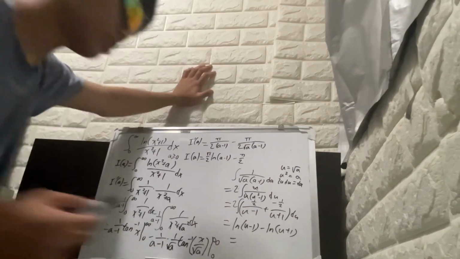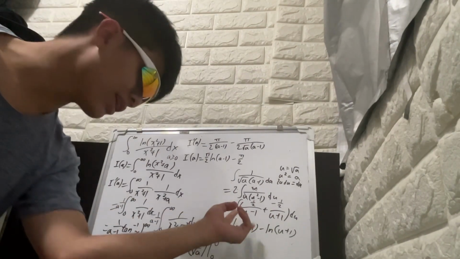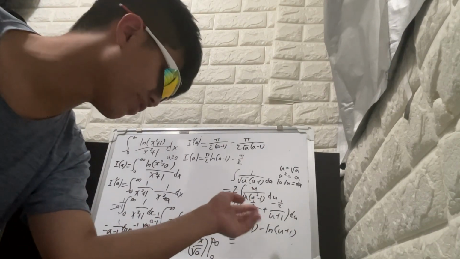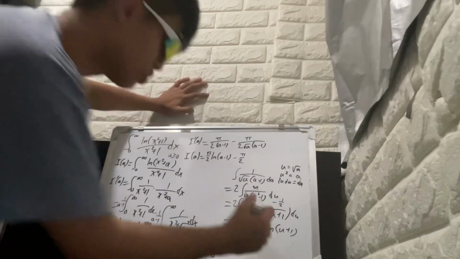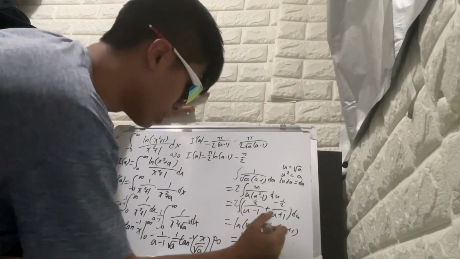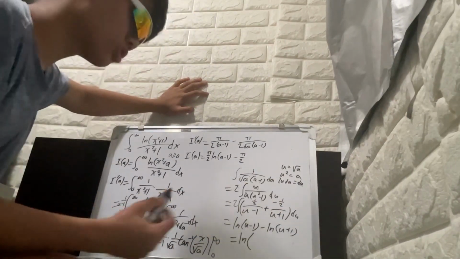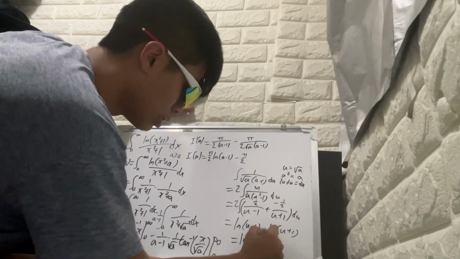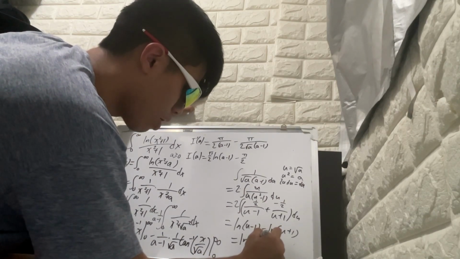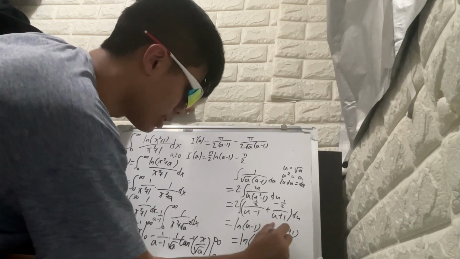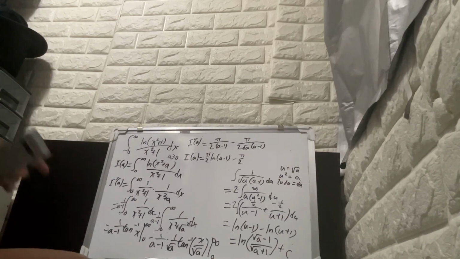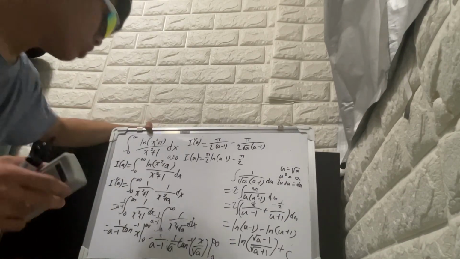And then you can just combine the logs, but this is the minus. ln of something minus ln of something, you pretty much just get ln of the quotient. And then our u is just the square root of a. Let me write it as the square root of a minus 1 divided by the square root of a plus 1, like that. And that's our integral of this. Don't forget to add a plus C after finishing the integral. So overall,